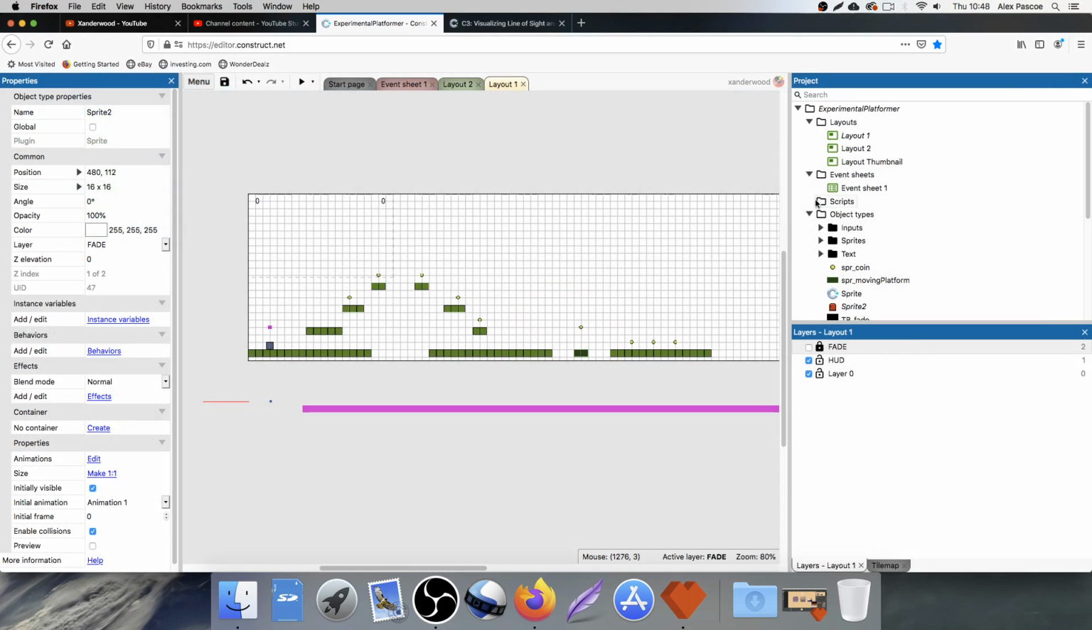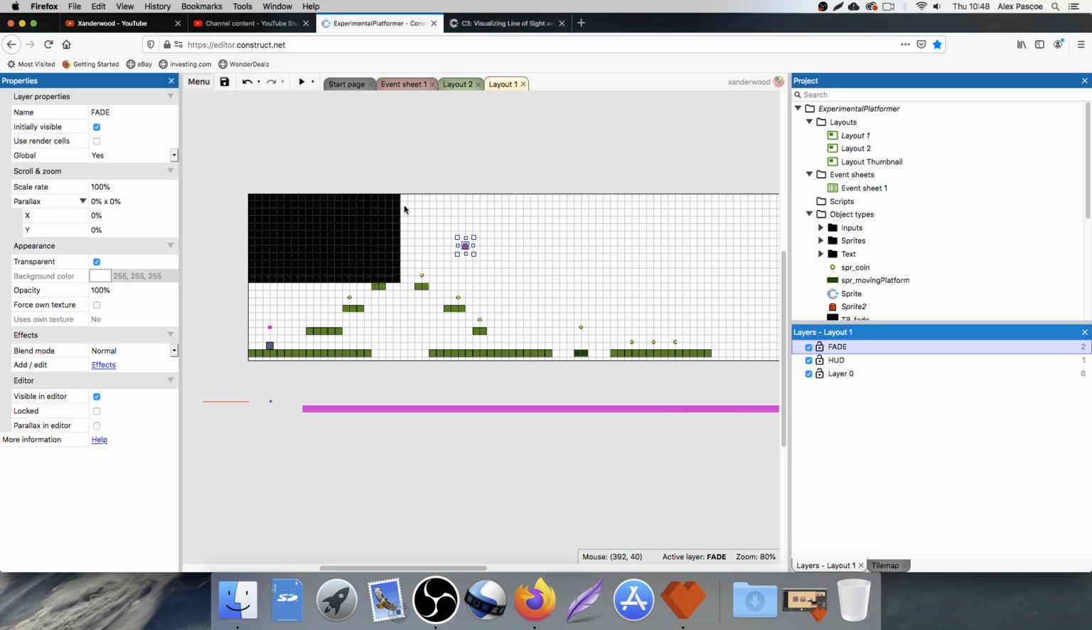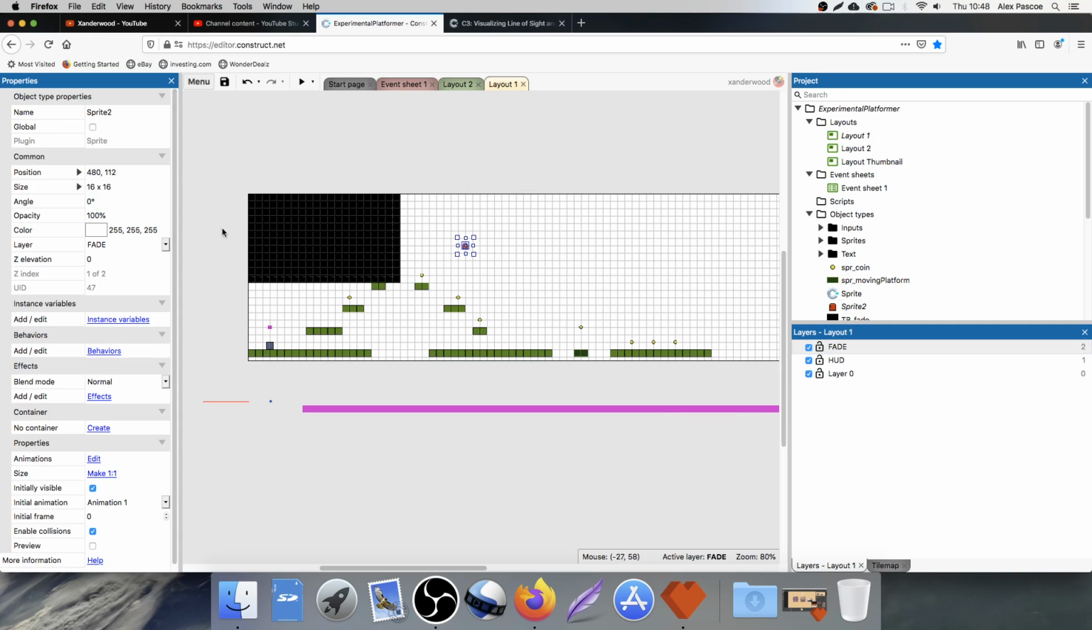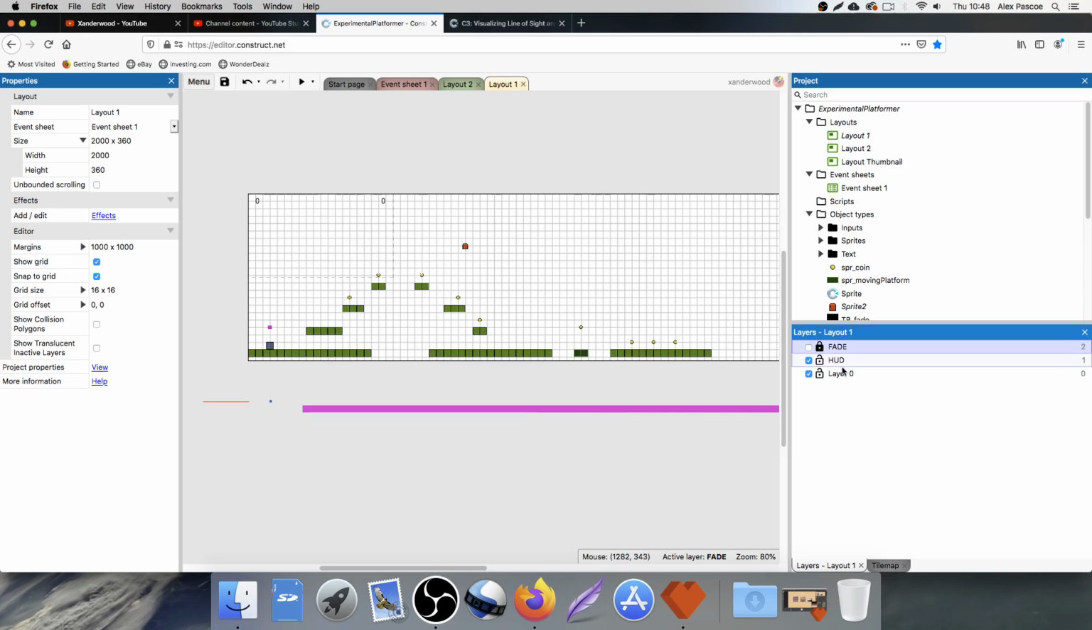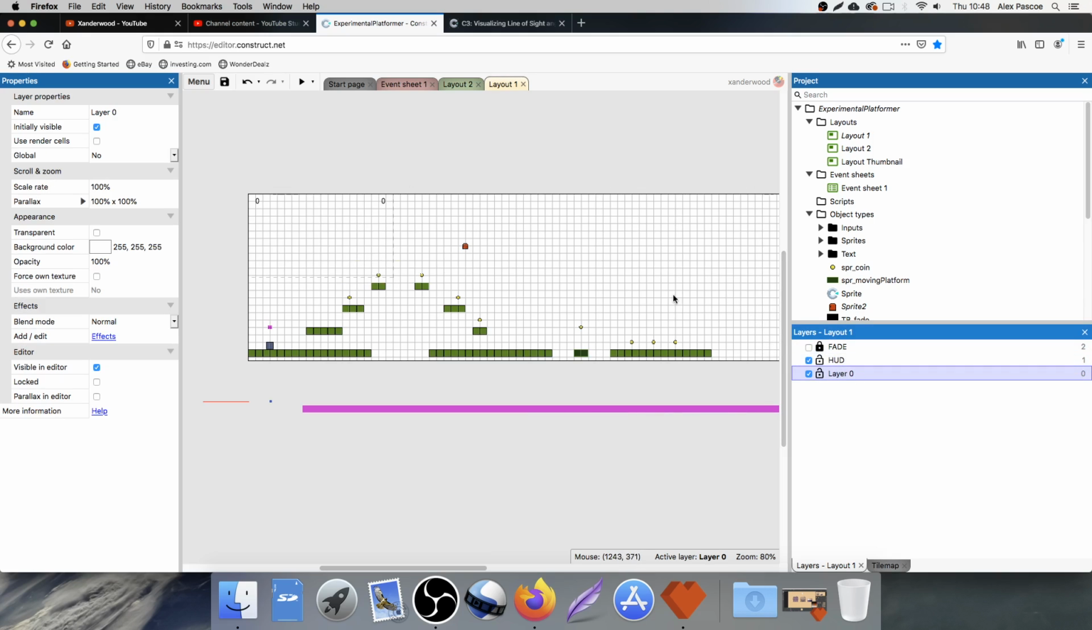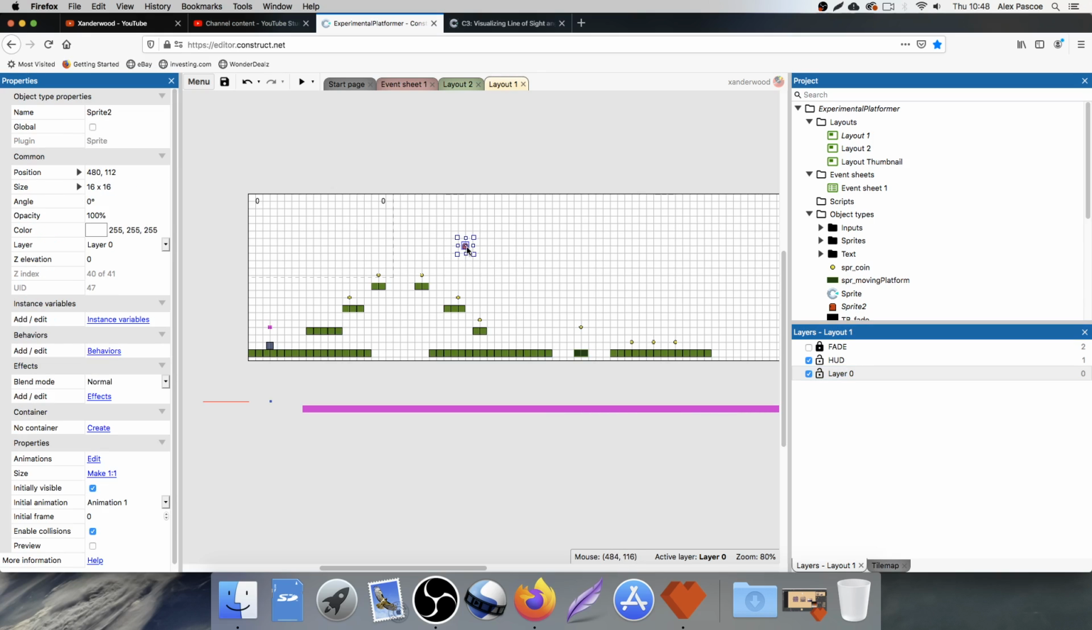Close that down. Remember, I put him on the fade layer. Select, click on the sprite itself, and then you can go and change the layer. Let's put him back on 0. Hide and lock that, and then just click on layer 0, so all future sprites will be on that layer. I've set the origin point in the middle. I'm going to change the name, SPR_enemy1,